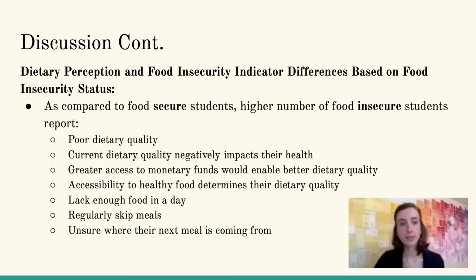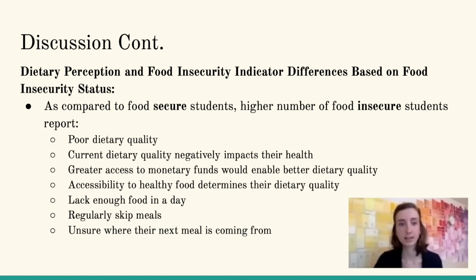Our final research question, which revolved around the differences in students' perceptions of dietary quality and indicators of food insecurity based on food security status, were also informed by our results. Examination of the chi-square test data and the contingency tables revealed that when compared to food secure students, a higher number of food insecure students reported that their diets are of poor nutritional quality, their health is negatively impacted by